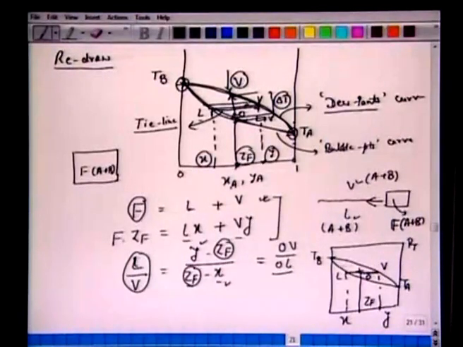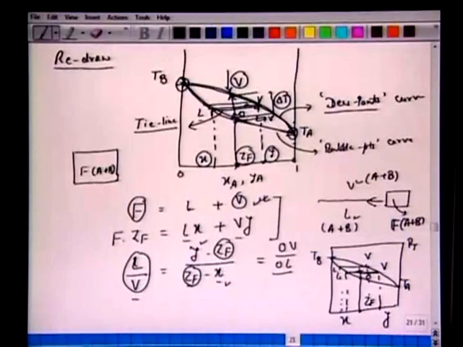If we further heat it, now we are here. ZF is fixed, all right, but now we reach V here and reach L here. Now look at these ratios. O has reached here. Now we have new Y minus ZF, and we have new ZF minus X. So every time the amounts of liquid and vapor change as you increase the temperature between the first bubble point and the dew point. And how does the liquid or vapor amount change? It is quite expected that in the beginning you have pure liquid, L is almost equal to F when the temperature reaches the bubble point, and as you further heat, more and more vapor is formed.